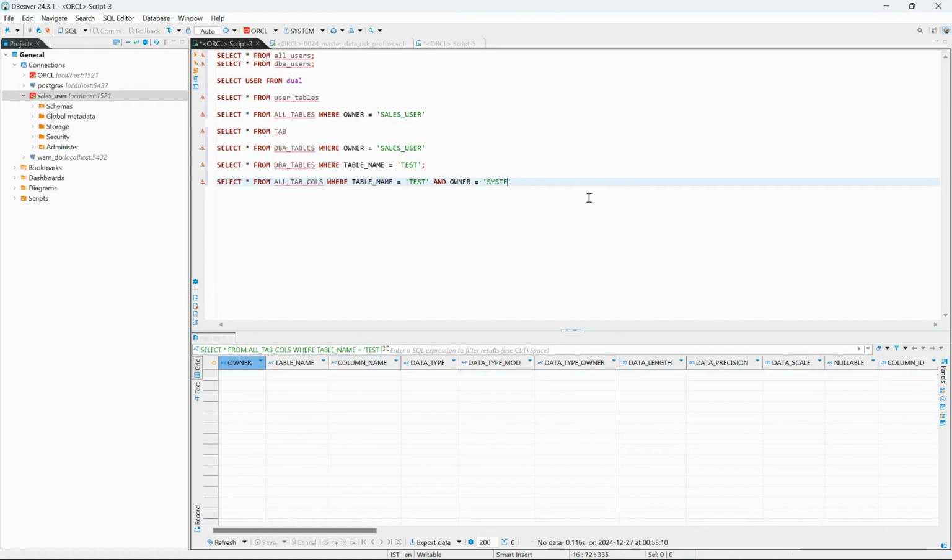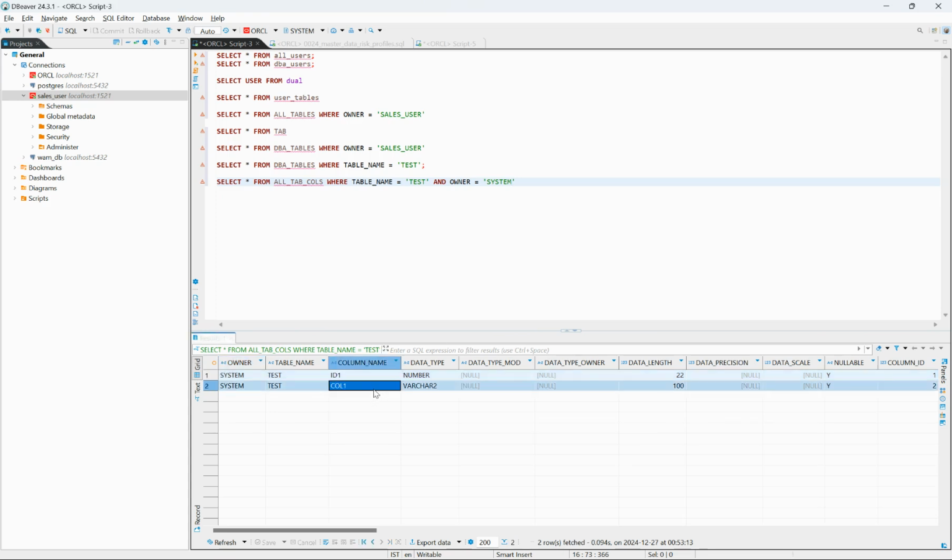Let's try it. I think it is in system. And if we see here, we have two different columns. One is ID1 and the other one is call1. If we look at the data types, ID1 has number data type and the column 1 has varchar2 data type. So we can also find several other attributes like data length, scale, nullable, and the position of the column